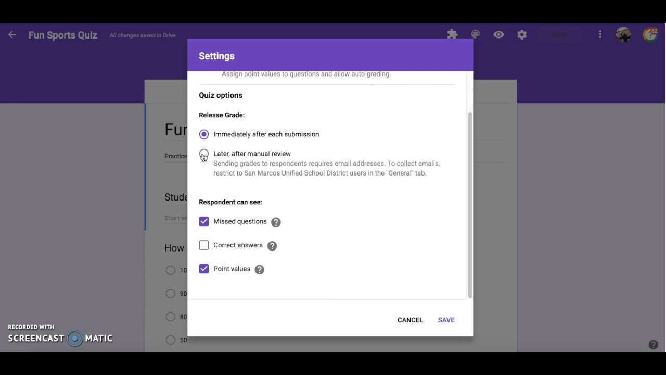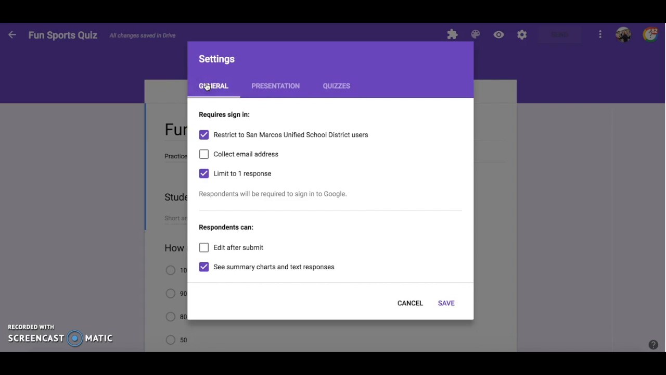If you choose this option, you will also have to go to the General tab and choose Collect Email Addresses. Then later, after the students have taken the quiz, you will have to release the scores in the Responses tab. Going back to the Quizzes tab,